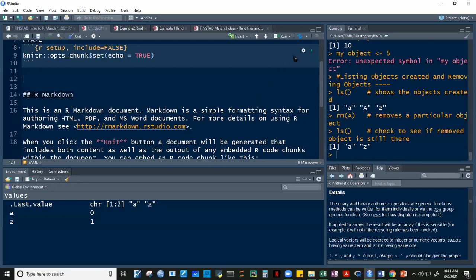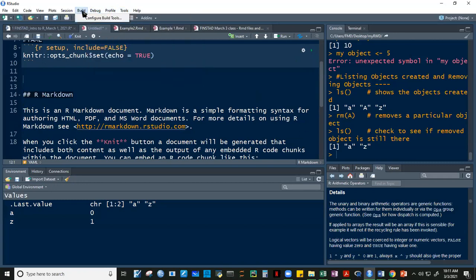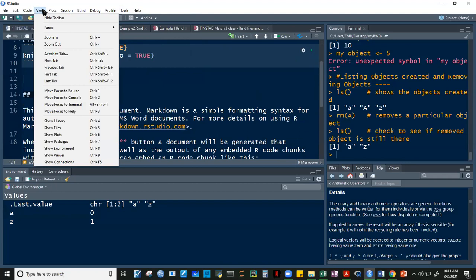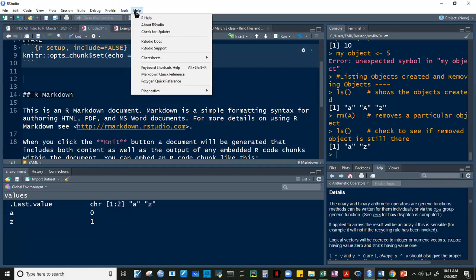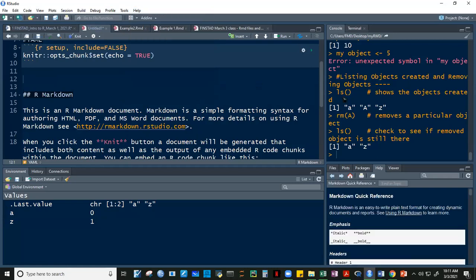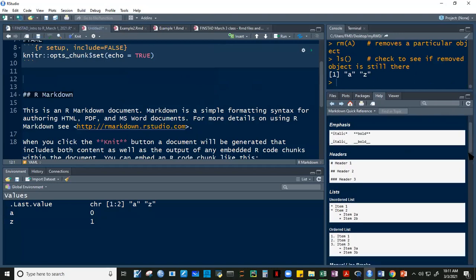So, by the way, tingnan natin tools. Nasa tools ba? Wait. Where is that? Plot, session, build, nasa na siya? Help. Ito guys, help, markdown, quick reference. Ay, hindi ito. Okay, markdown, tingnan nyo to guys, no? Quick reference lang to if you want